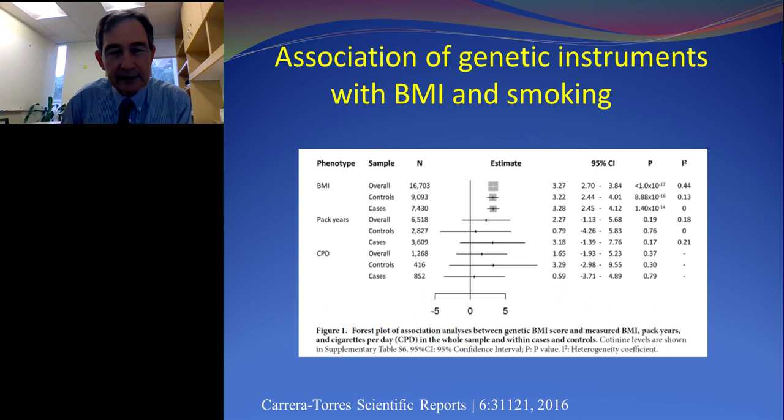So this kind of analysis has been recently updated. In this analysis, they first checked that they had a good set of genetic predictors for BMI, and they show in the top part of this figure that in both cases and controls, the set of SNPs they're using to predict BMI really do work. And they also show that those same genetic factors don't predict smoking behavior. So that means that you're not getting some kind of confounding from the SNP predictors on smoking. So that was a very good quality step that they did.